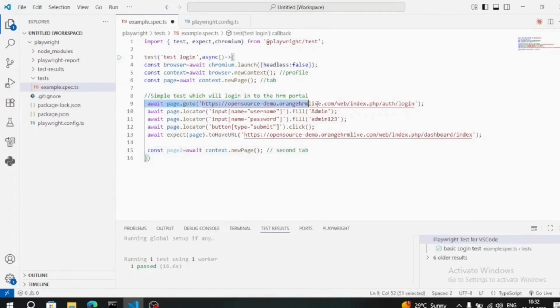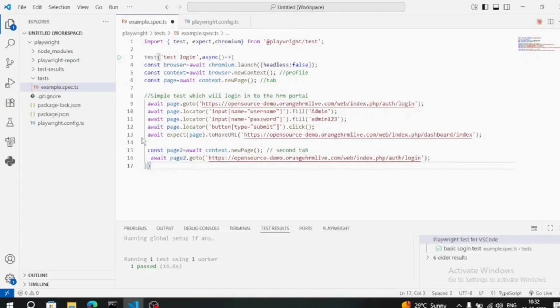And on this tab we are going to hit the login URL. But you see, since both the pages are going to share the same session and cookies and other details, instead of asking me to fill the login form, it is going to directly land on the dashboard page. Okay, so we have made the necessary changes in the code, and